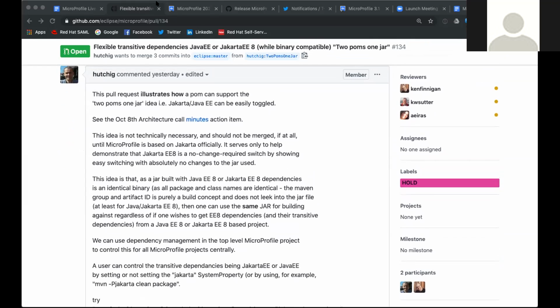So I have a question. At the moment when we build a microservice, we specify a BOM dependency, like the dependency we just saw, say MicroProfile 3.0, and with that, it pulls in all the dependencies.